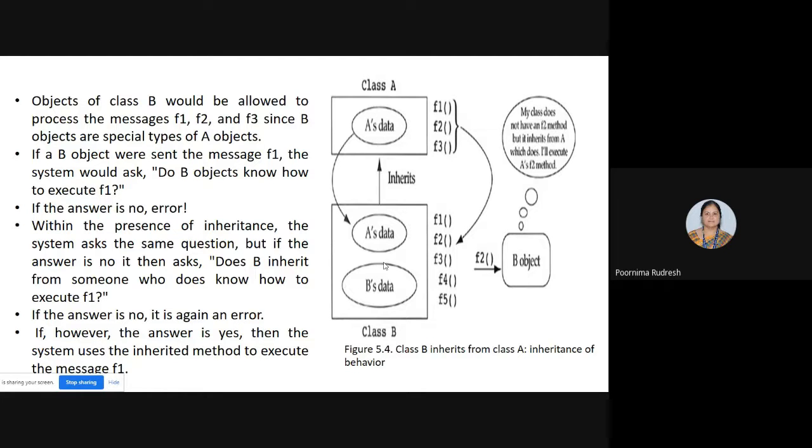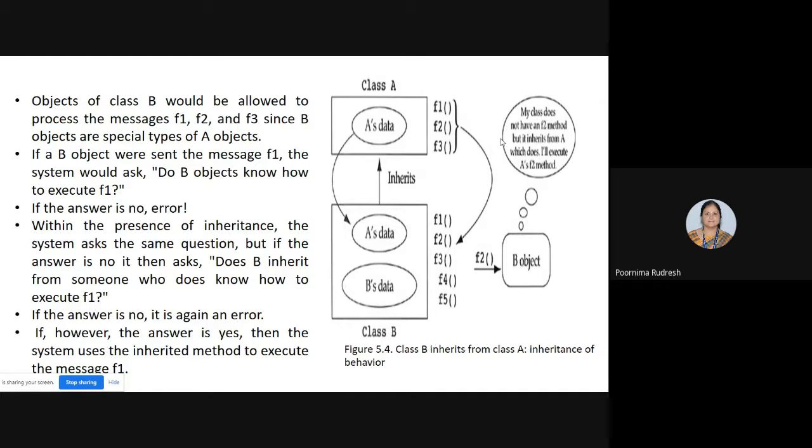Suppose, let us consider that a B object is sending the message F1, then the system may ask, do B objects know how to execute F1? So when B is calling the F1 function, the system will ask whether B knows how to execute F1. If the answer is no, then it leads to an error.